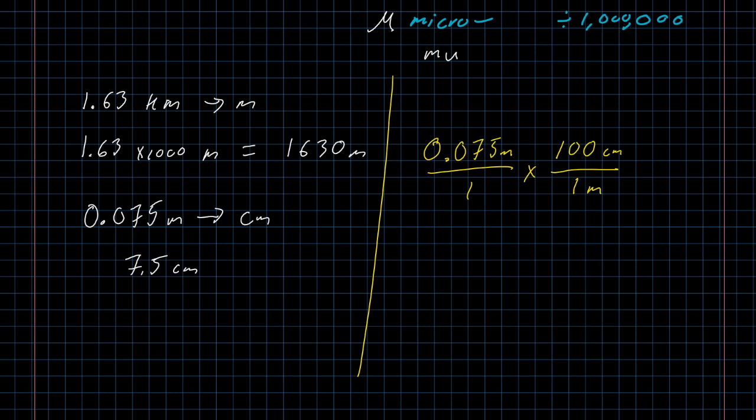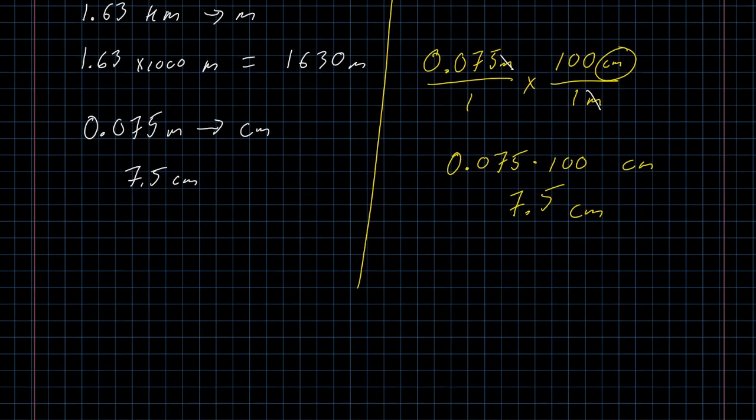But by carefully constructing how I am doing this, I have meters in the numerator and meters in the denominator that are going to cancel each other out. And I can see pretty clearly that I want to take 0.075 and multiply by 100, and when I do, the units are going to be centimeters. 0.075 times 100 is 7.5. This notation, which is called the unit factor notation, becomes even more useful if we start looking at those compound